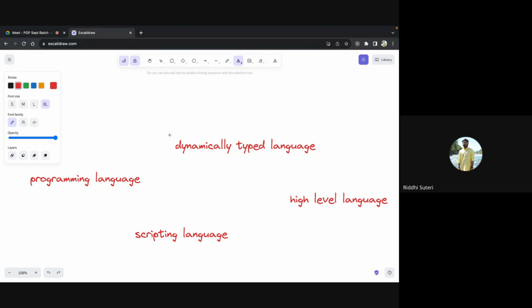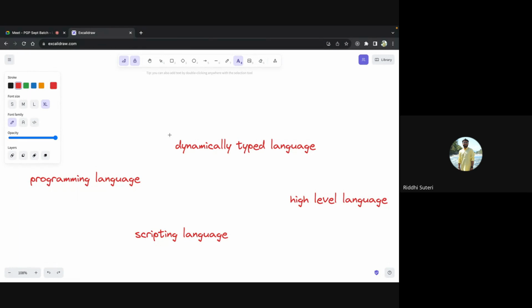So that is the first pointer. Second, someone was asking whether it is something like a framework of HTML or a framework of front end, anything like that. No, it is not a framework, not a library, not anything like that. It is just a pure programming language which can be used obviously to power the web, right? That was again a very powerful statement that someone made. Power the web, or someone was saying it can be used for both front end and back end, right? That was also correct.